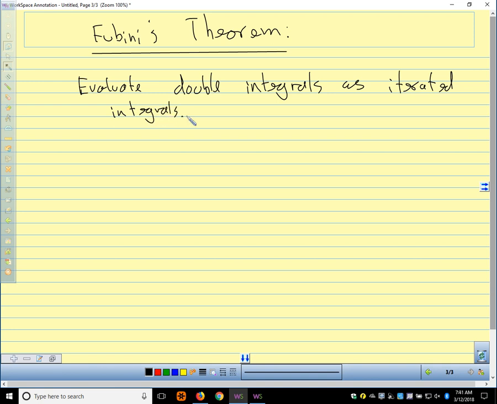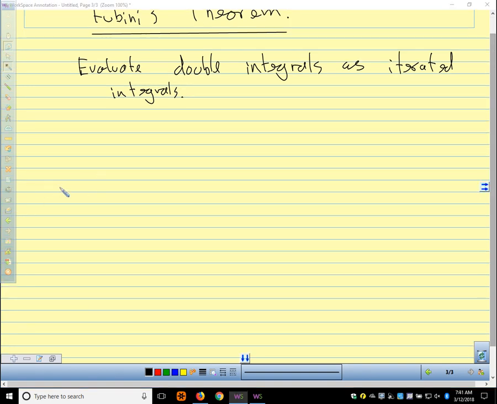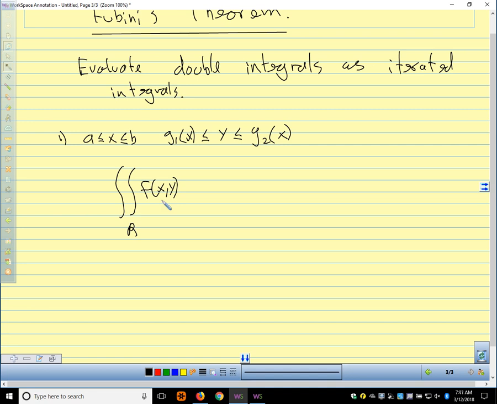So as long as all of those conditions are met, our function's nice, R is a closed bounded region in the xy plane, we can evaluate these things as iterated integrals. So what we're saying is that for a vertically simple region, a less than or equal to x less than or equal to b, and g1 of x less than or equal to y less than or equal to g2 of x, the double integral over our region of f of x, y dA